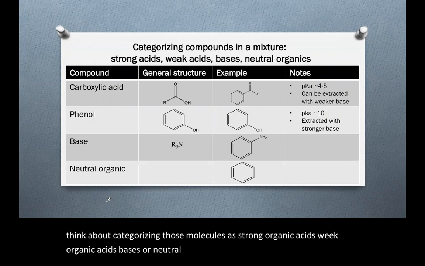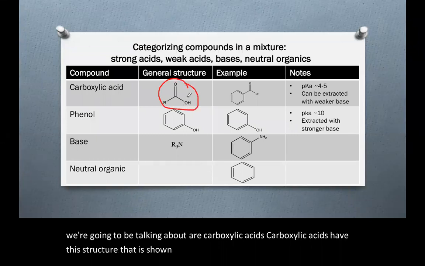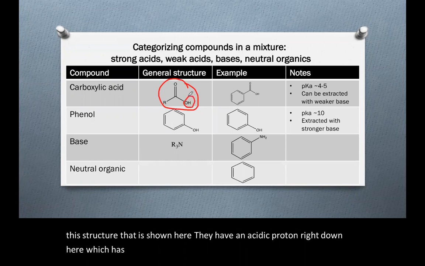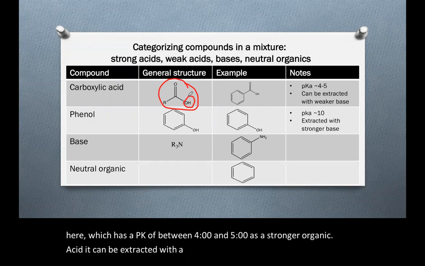For our strong organic acids, what we're going to be talking about are carboxylic acids. Carboxylic acids have the structure that is shown here. They have an acidic proton right down here, which has a pKa of between 4 and 5. As a stronger organic acid, it can be extracted with a weaker base,